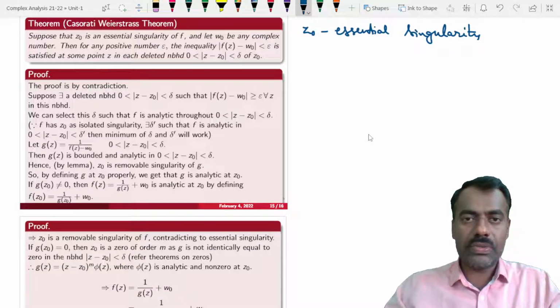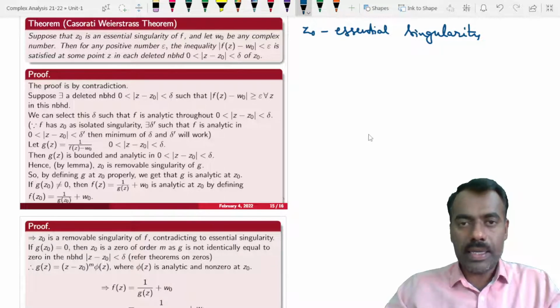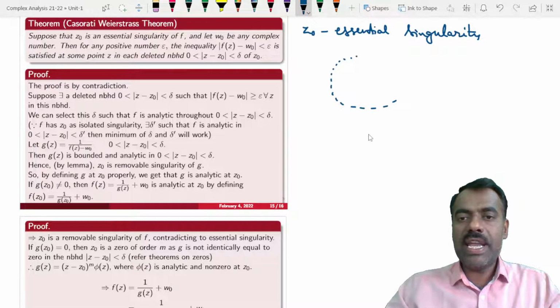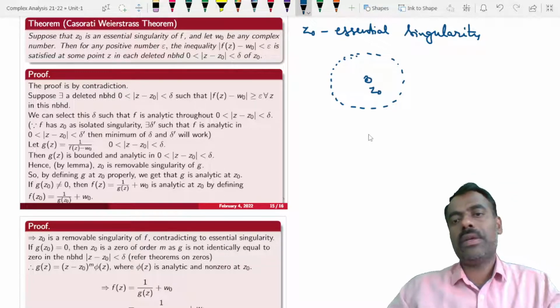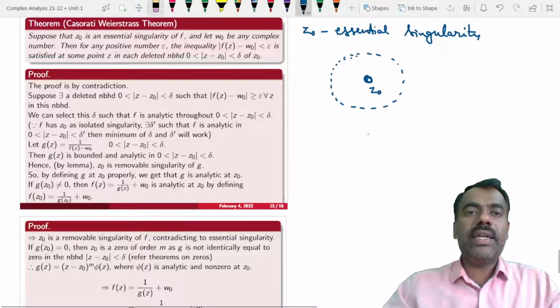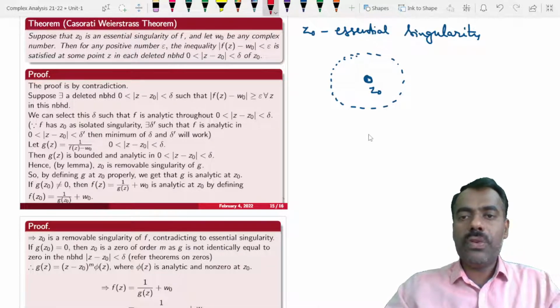Then there exists some deleted neighborhood of z naught such that if you give any